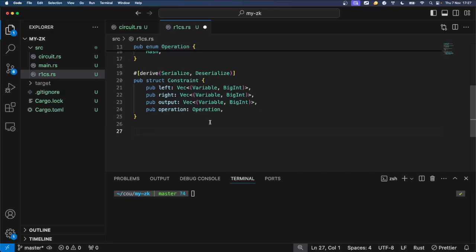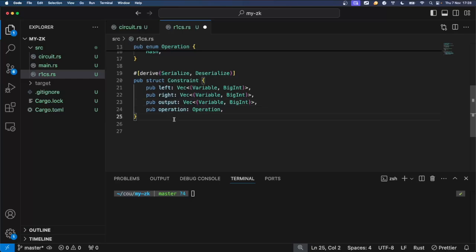When you design your circuit, you define who are the inputs and the outputs and the gates. Here in the constraint system, we're going to break down the circuit inputs and outputs into left, right, operation, and